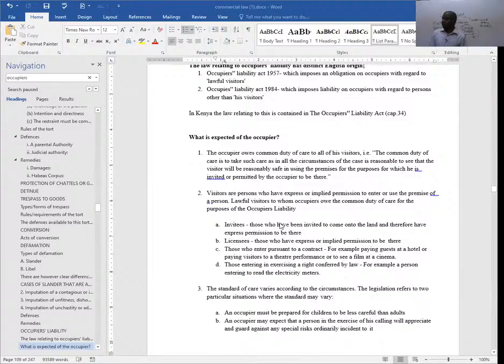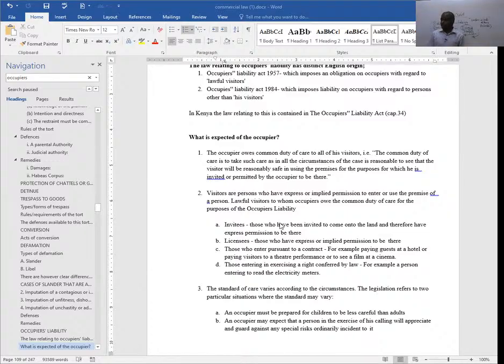Some of them have been mentioned. The occupier owes a common duty of care to all his visitors. He has a duty of care to all the visitors coming to that supermarket or premise, to ensure their safety. The common duty of care is to take such care as is, in all the circumstances of the case, reasonable